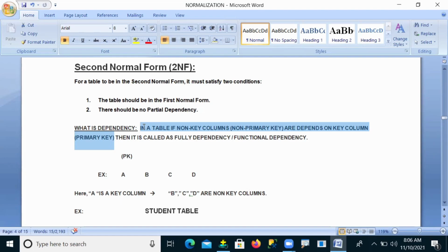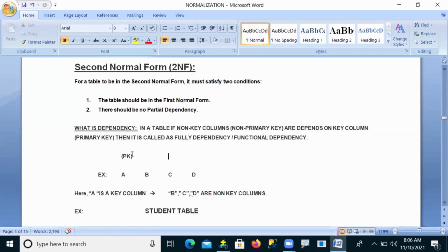Now, what is dependency? First we will discuss. In a table, if non-key columns depend on the key column, then it is called a fully dependency or functional dependency.